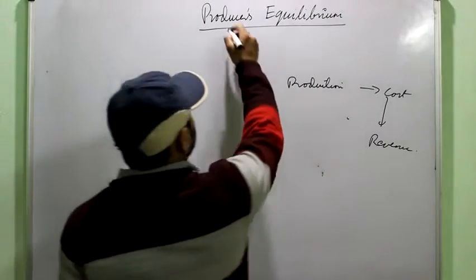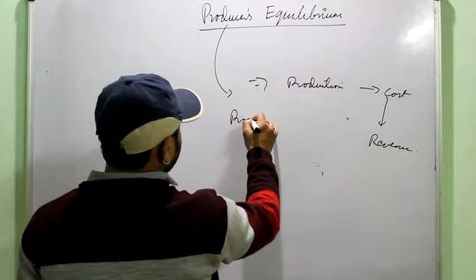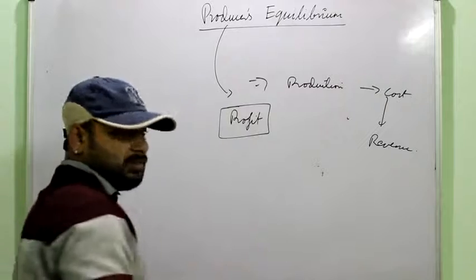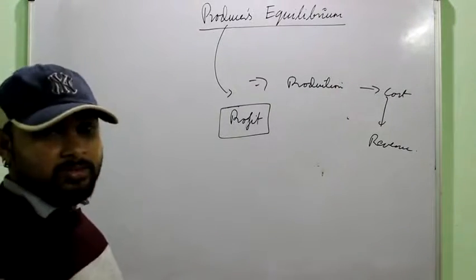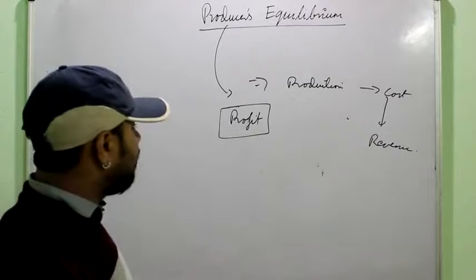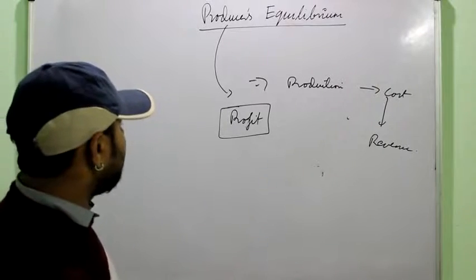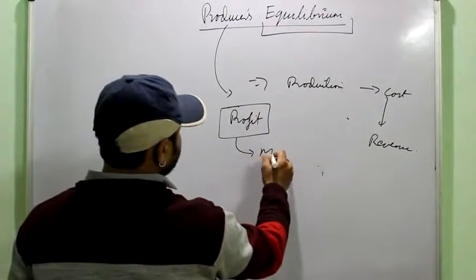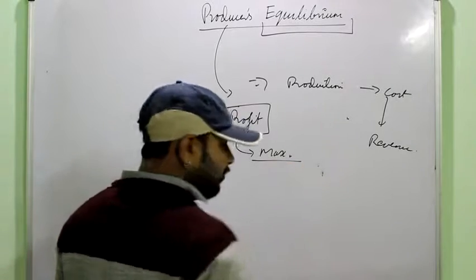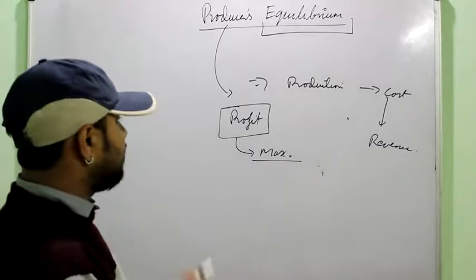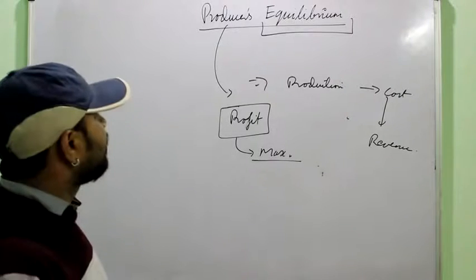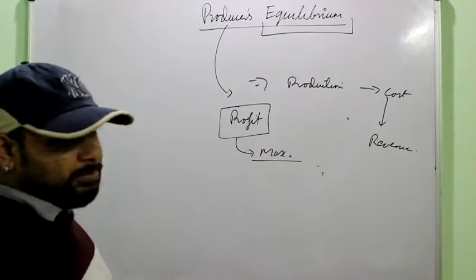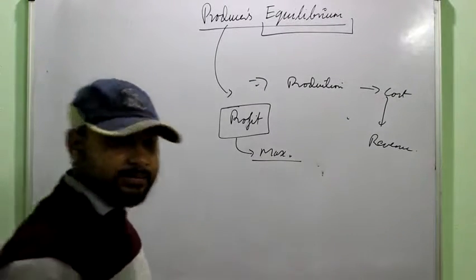So we know the objective of the producer. If you are a firm, your objective to do this production was to earn profit, like the consumer's objective to consume a commodity was to satisfy a want. Here the objective is to earn the profit. And equilibrium, as we know, means the best possible state where it is maximum, no more chance of increasing the profit. That state for a producer is known as the producer's equilibrium. So you can simply define it as a situation where a producer maximizes his profit.